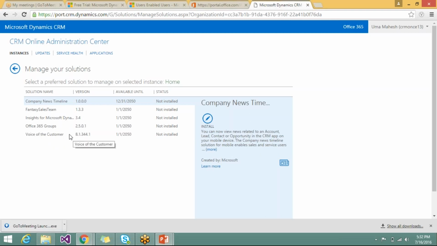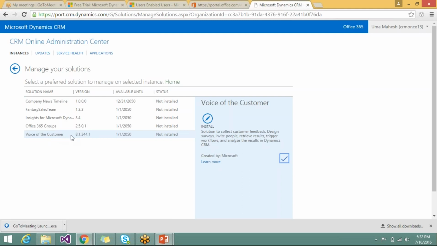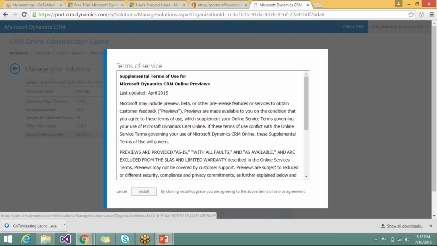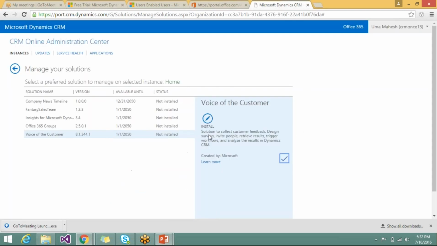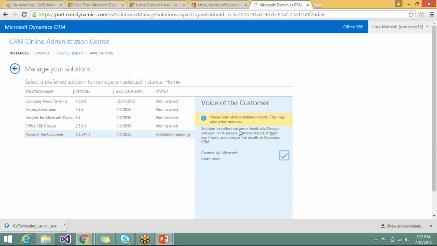So let me install one solution. Here I have selected voice of customer, and you can go here and install this solution. Once you click on install, it will ask about the license things, and once you click on install, it will be installed. So here the installation is in progress.